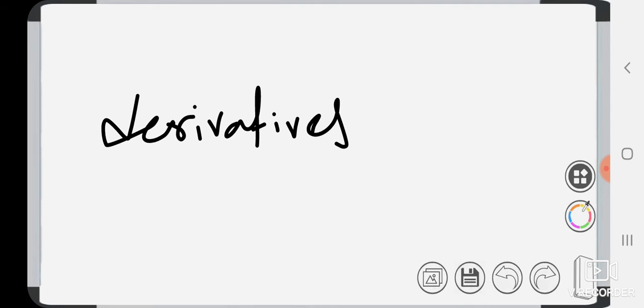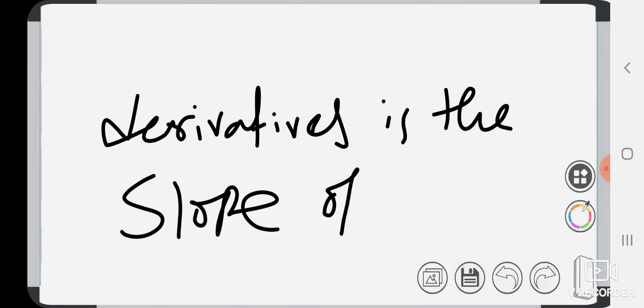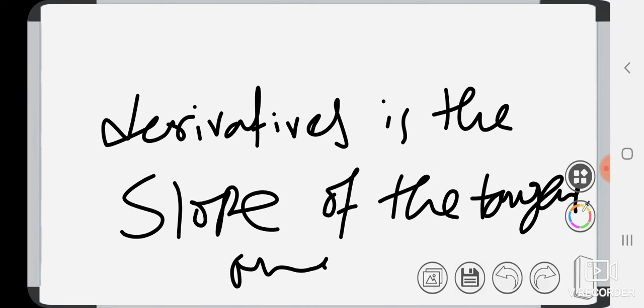Right? So derivative is the slope. So the final answer is slope of the tangent on any curve. So this is the final explanation we're getting. And if you are not satisfied with del x tends to 0, please tolerate for now. I will later give another explanation for this, but for now we have proved the derivative is the slope of the tangent.